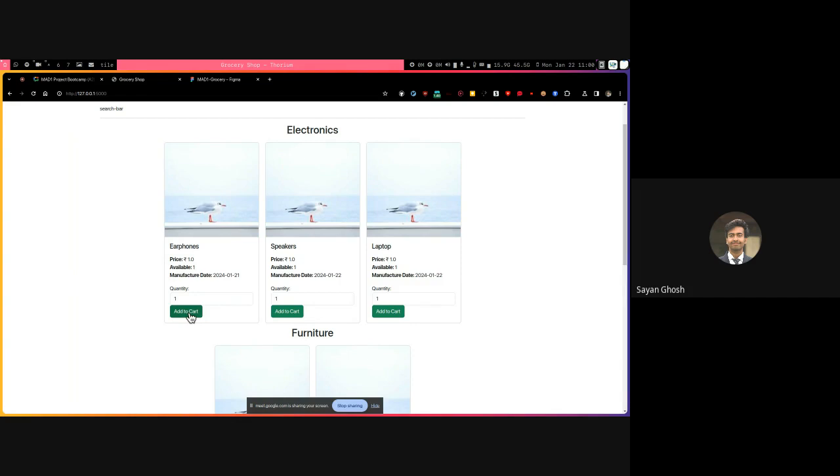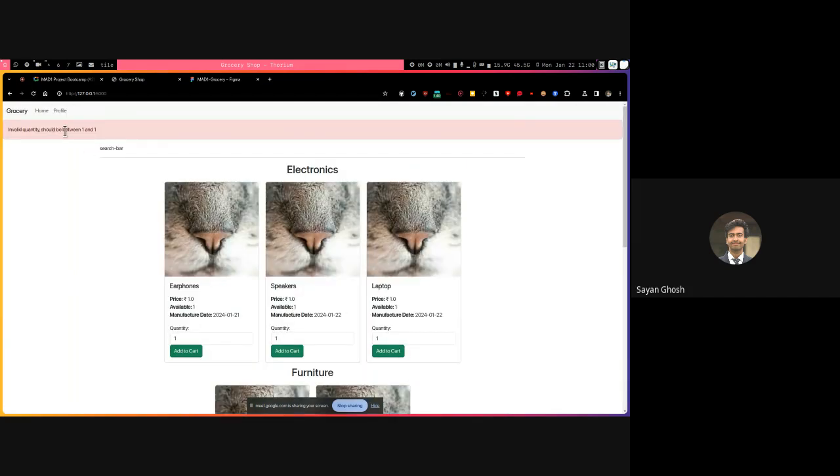But now if I try to add it to the cart again, it will say that you cannot. If someone else tries to add it to cart, it is still fine. But if I am trying to add it, because I already have one quantity of it, if I try to add another one, it will say it cannot be more than one. All right, so